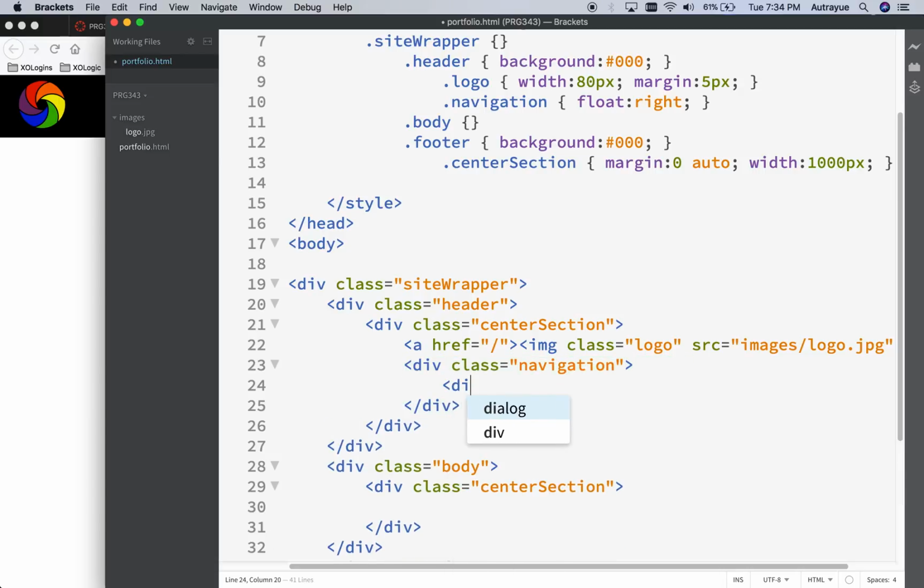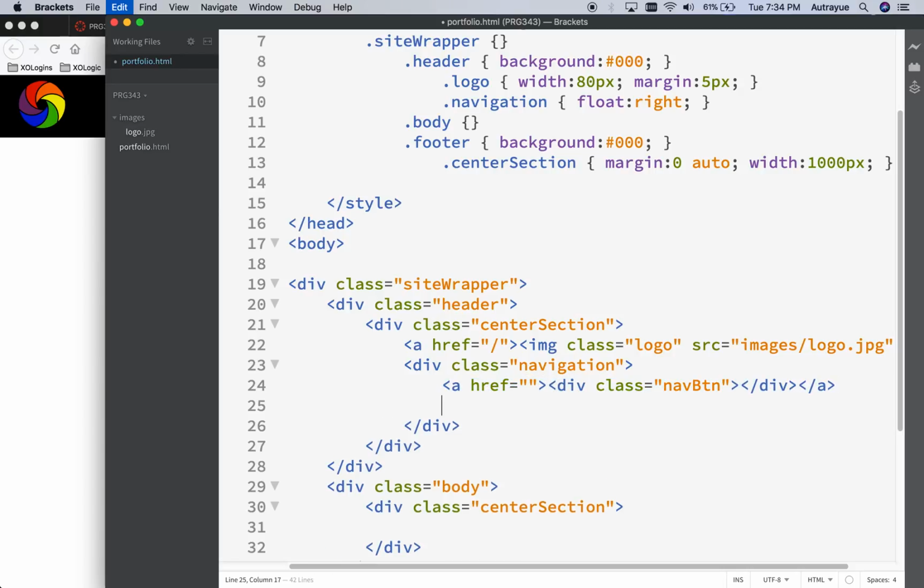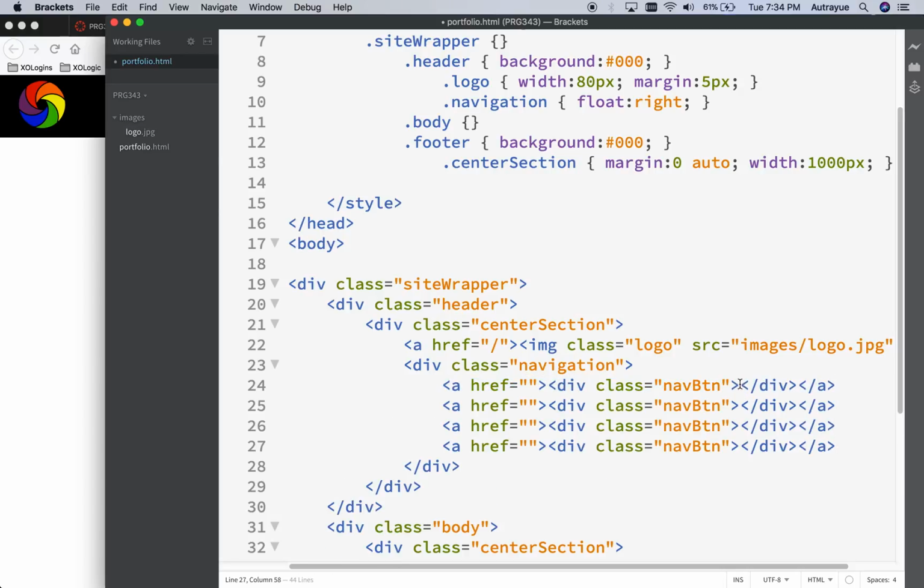Inside here, we're going to create our buttons for our navigation. So we're going to do div class of nav btn, and we're going to copy this. So we've got one for home, about, portfolio,